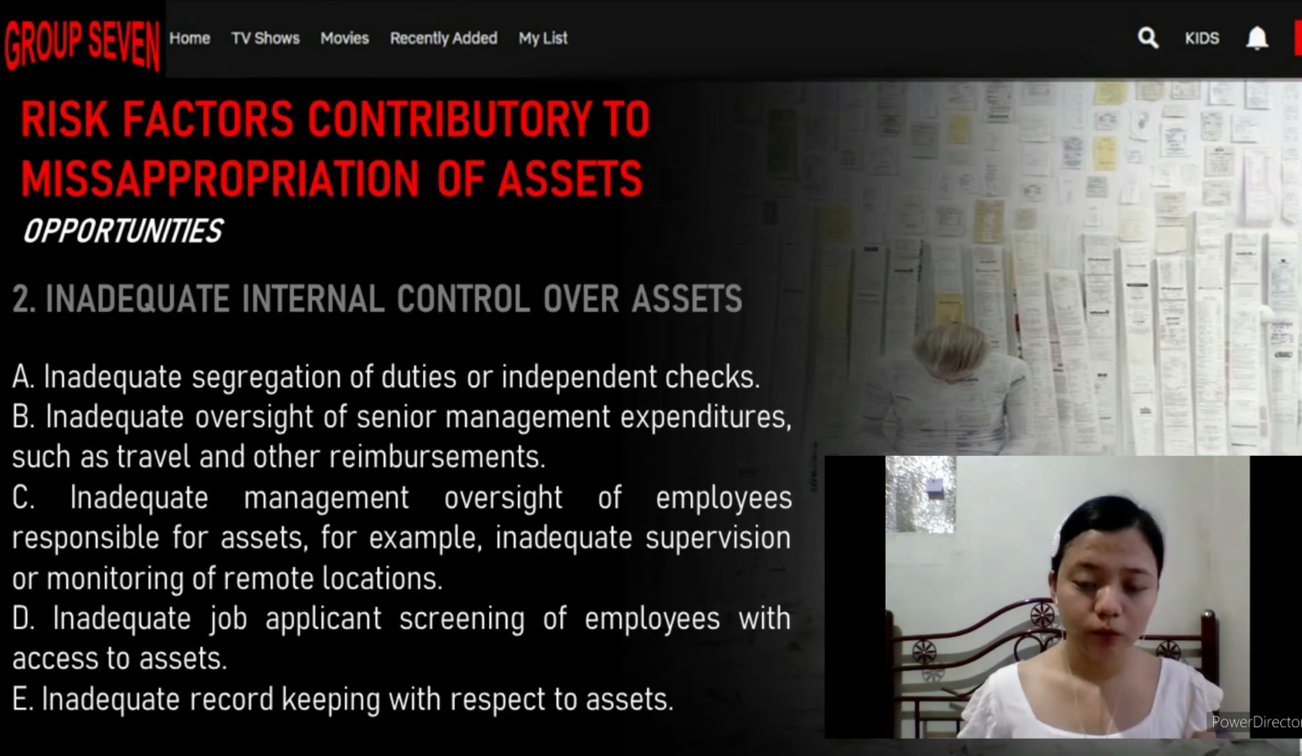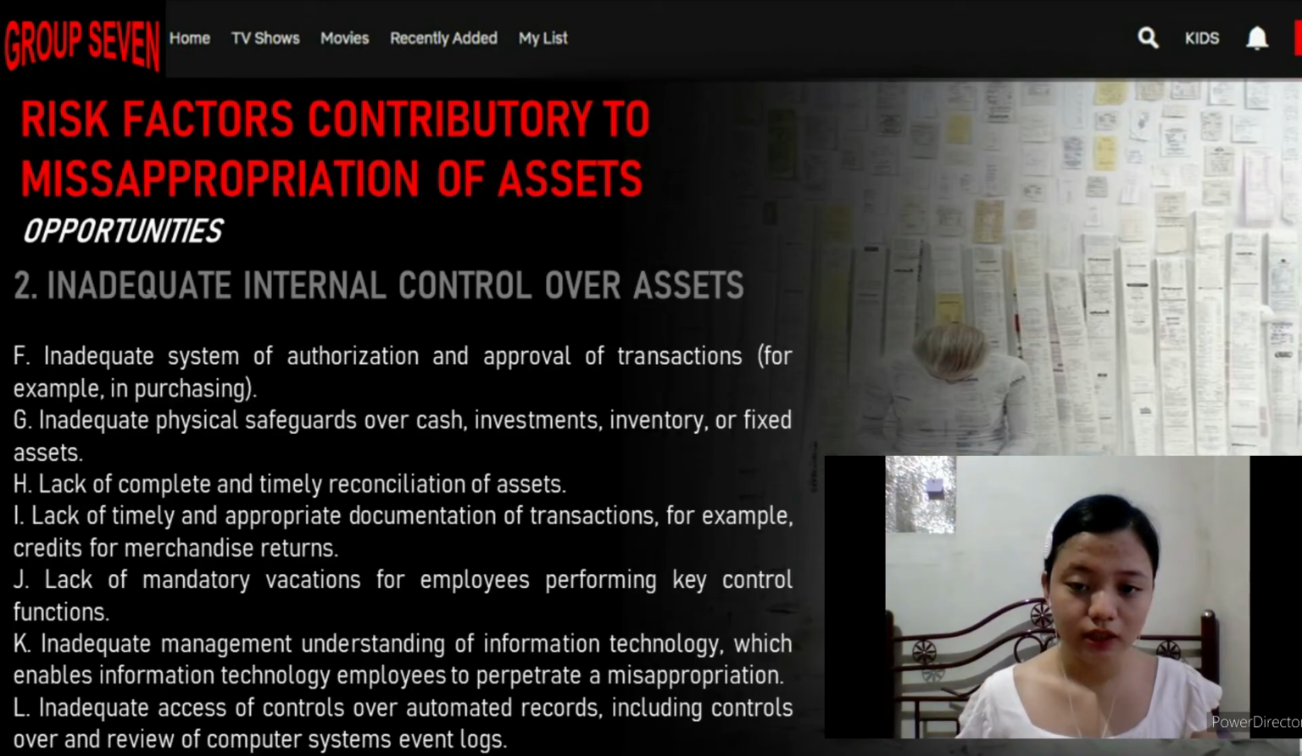For example, misappropriation of assets may occur because of the following: inadequate segregation of duties or independent checks, inadequate oversight of senior management expenditures such as travel and other reimbursements, inadequate management oversight of employees responsible for assets, for example, inadequate supervision or monitoring of remote locations, inadequate job applicant screening of employees with access to assets, inadequate record keeping with respect to assets, inadequate system of authorization and approval of transactions, for example, in purchasing,